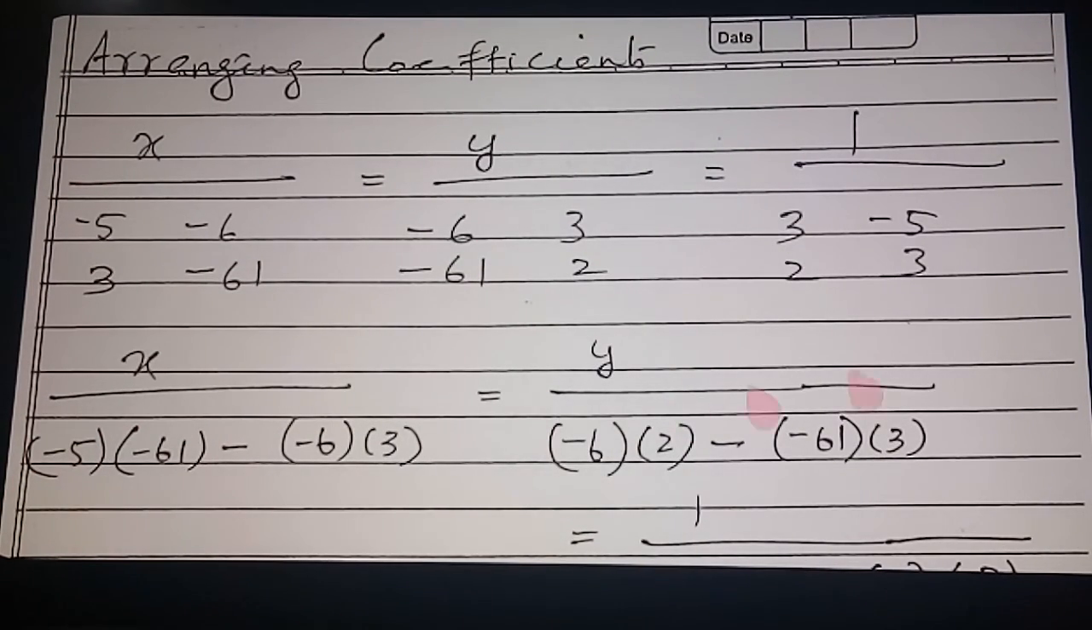Arrange them in this format: x upon y coefficients and constant, y upon constant and x coefficients, and 1 upon x coefficients and y coefficients, and multiply here. Minus 5 into minus 61, middle sign minus, so minus 6 into 3, here minus 6 into 2, here minus 61 into 3. Okay,